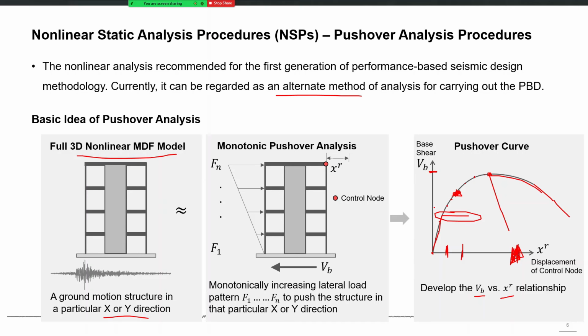So the point of seismic demands will come in when you actually know which roof displacement is going to be produced in a future earthquake. Until you know that number, you cannot use this curve alone to determine seismic demands, although it itself is giving the complete picture of your building.